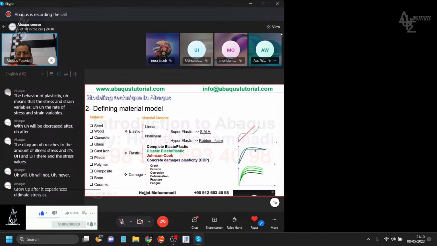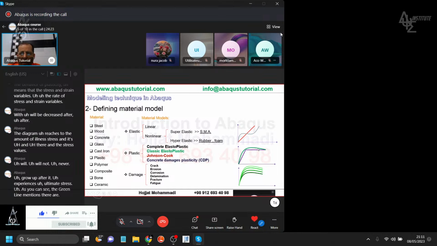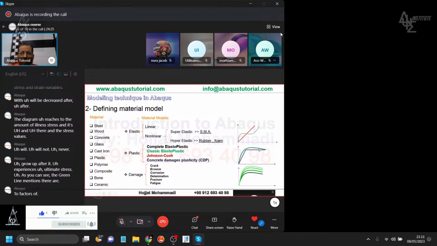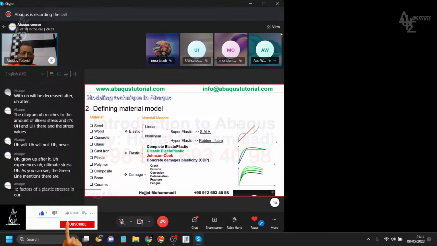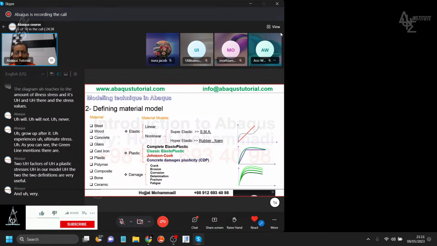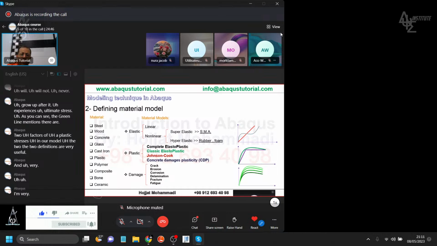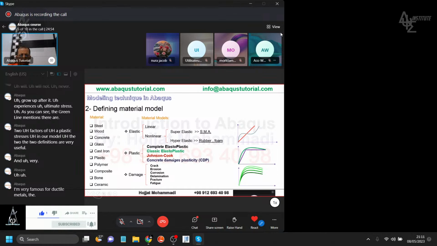As you can see, the green line mentions there are two factors of plastic stresses in our model. The two definitions are very useful and very famous for ductile metals. The Johnson-Cook definitions